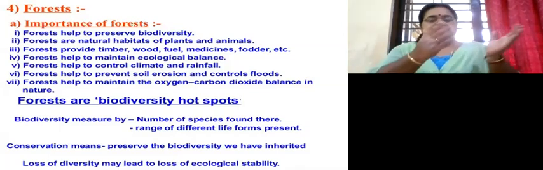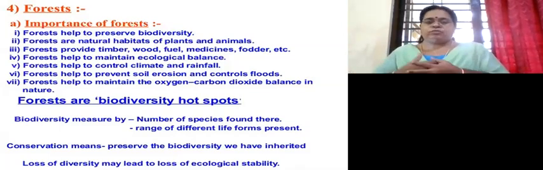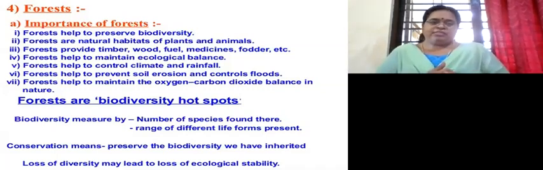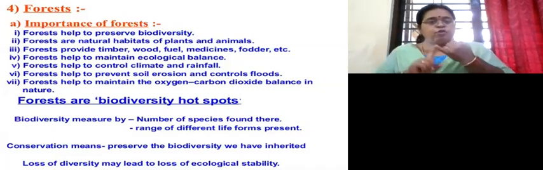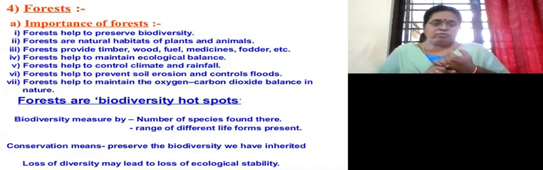I might have built a building. I might have built a house. I might have built Taj Mahal also. I might have built some other offices or structures. But I cannot build a forest because forests are natural ecosystems. But why are they called natural ecosystems? Because they are available in nature.